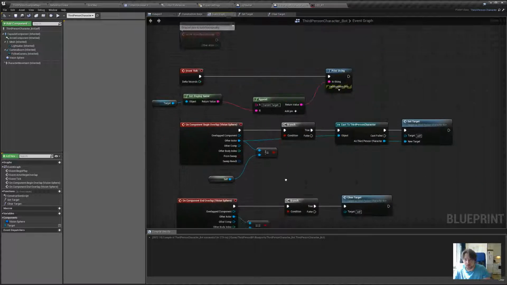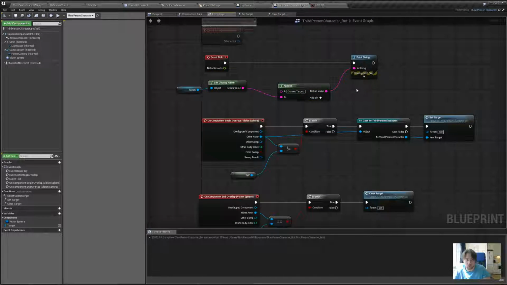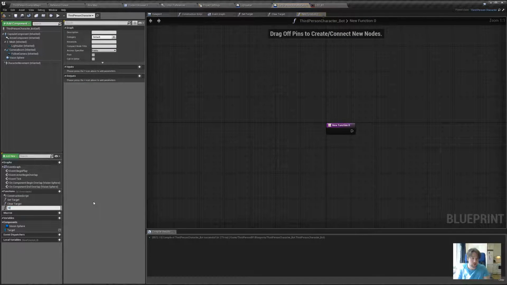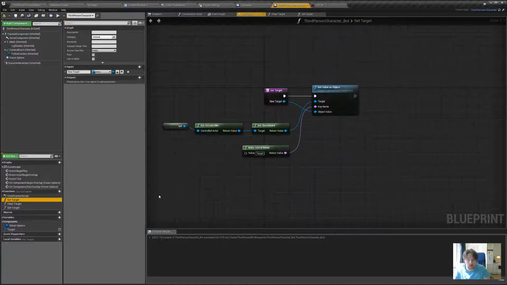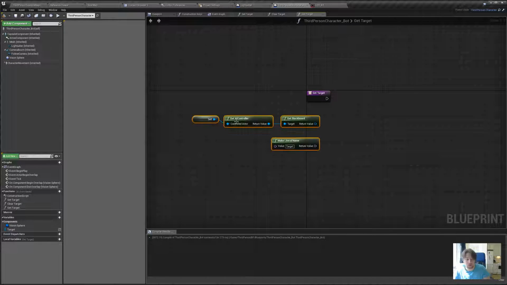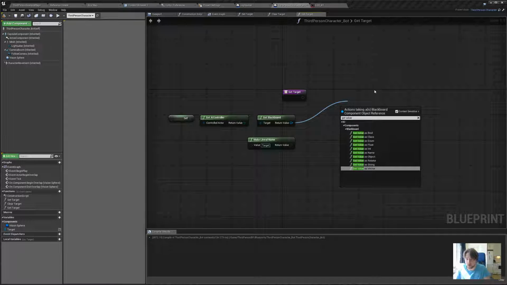Now we will do a couple of things, of course. We have our event seek with printing. So now what we want to do is print the target. Well, how do we get the target? Well, let's make another function in case we need to get a target from Blueprint. So get target, right? And the way we do it is we copy this stuff from here, and we just go ahead and say, you know what, get value as